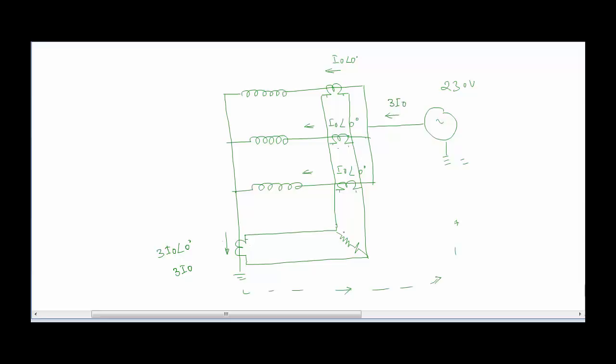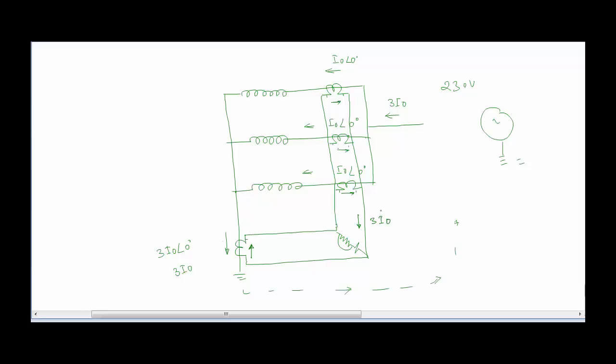So in order to perform RF stability, we simply have to short this stabilizing resistance in order to have a proper reading. In this particular case, we can see that the current flowing in the circuit will have this direction for the CT secondary side, and this way it is getting added up. So 3I0 will be added up in this way, and in order to balance this current, the current will be flowing in this direction, whose magnitude is, it's obvious, the step down value of 3I0,